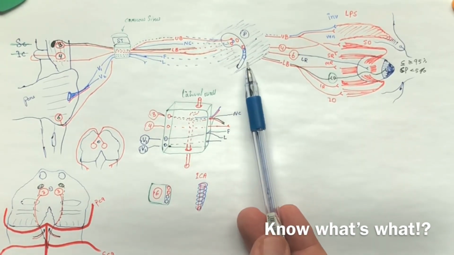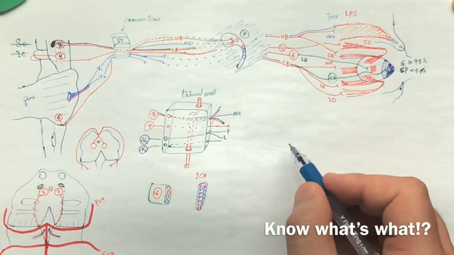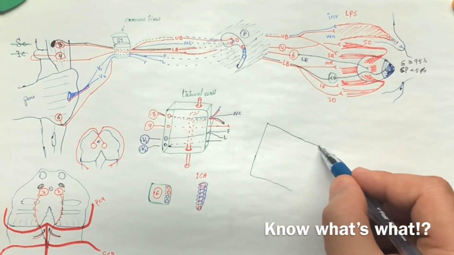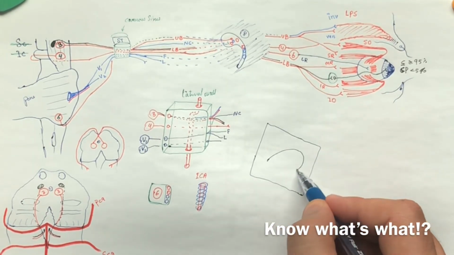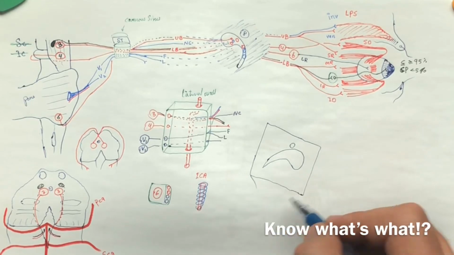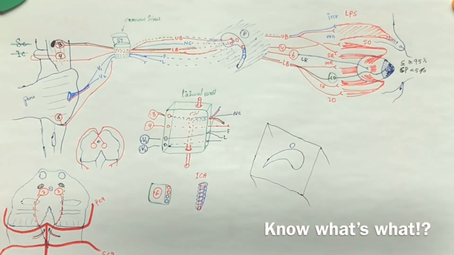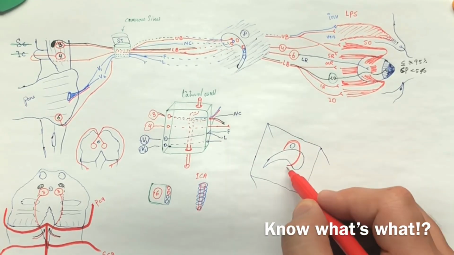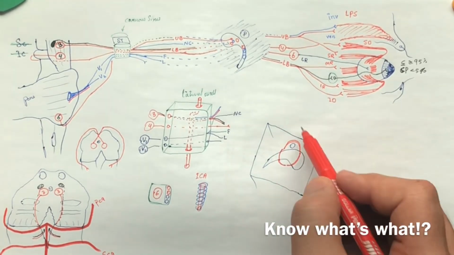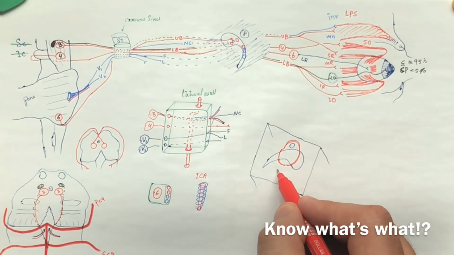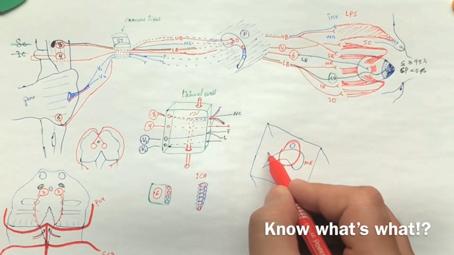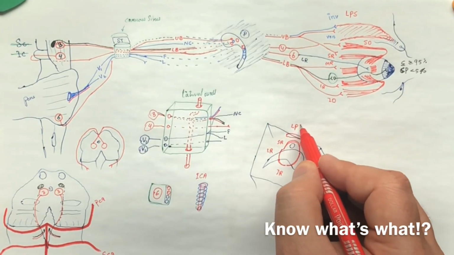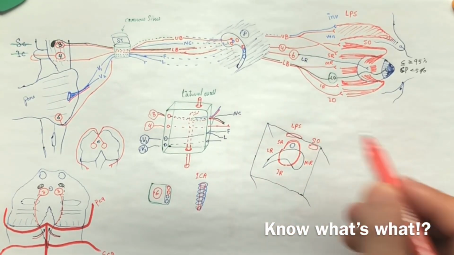Now let's look at the orbital cavity from the inside, okay? So this is the back wall of the orbital cavity. Here is the superior orbital fissure, the optic canal, and the origin of these extraocular muscles. They make a ring around, and they call it the tendon ring. So this is the inferior rectus, and this is the medial rectus, the lateral rectus, and superior rectus. And here is the levator palpebrae superioris, and here is the superior